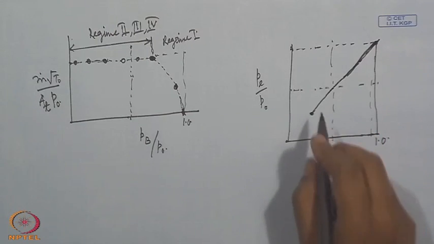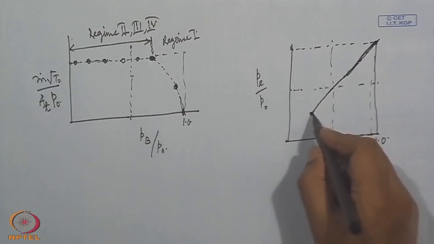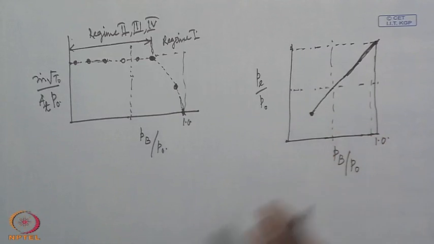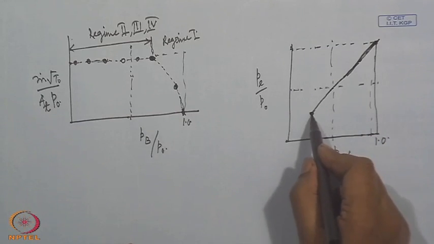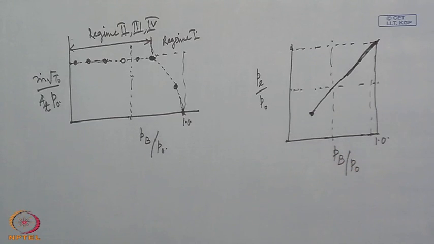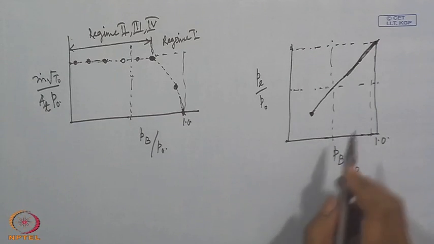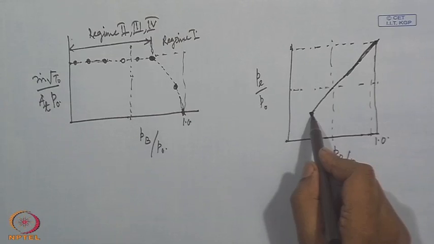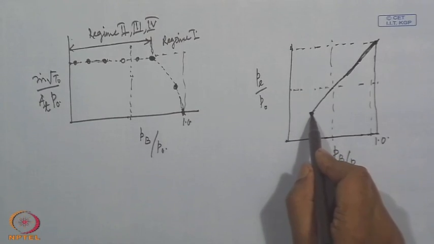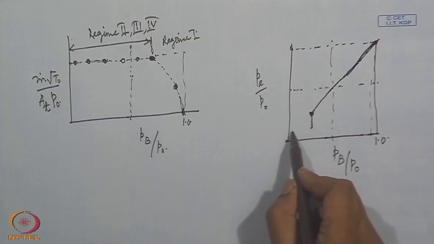Let us say this is the pressure level corresponding to condition 4. After that, exit pressure is not the same as back pressure. Initially, the exit pressure is higher than the back pressure, and then again